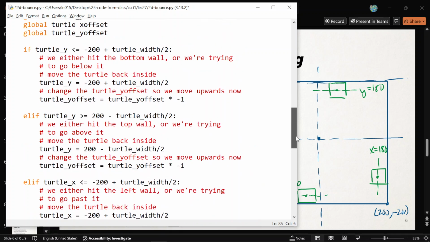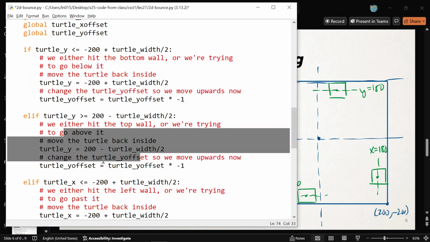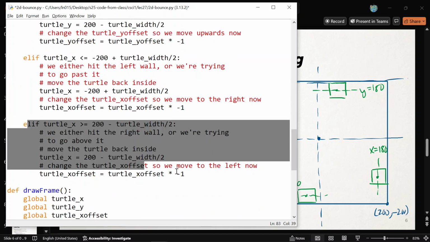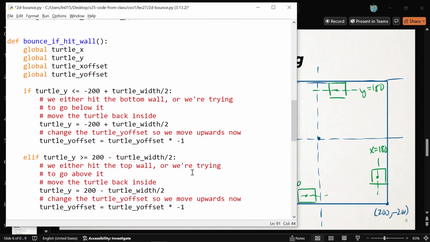It's like this will only ever do the one that works first. It's like if this is true, do this and be done. Otherwise, try this one. Because elif you read as otherwise, right? Try this one and be done if it works. Otherwise, maybe hit this one, try it, be done. Elif, this one. You can't actually do it this way for bouncing, because what